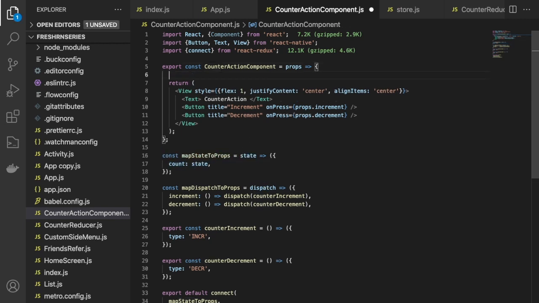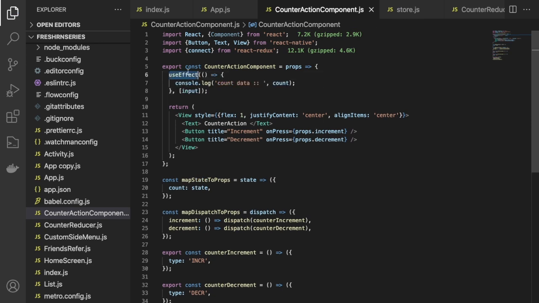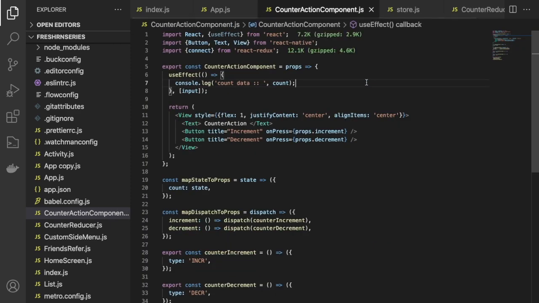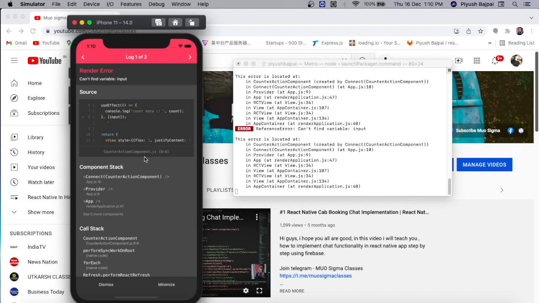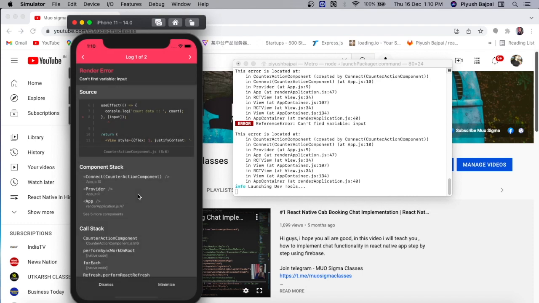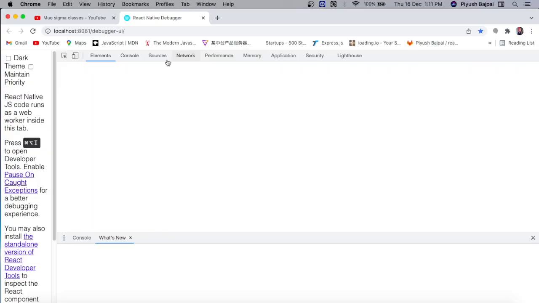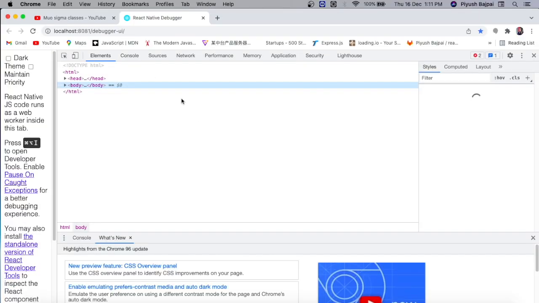So I'm going to use useEffect. We have to import this useEffect from React. This is fine now. Okay, so debug with Chrome, and here we don't need input. We have to make it like componentDidMount, so just passing the empty array over here. Go to console,